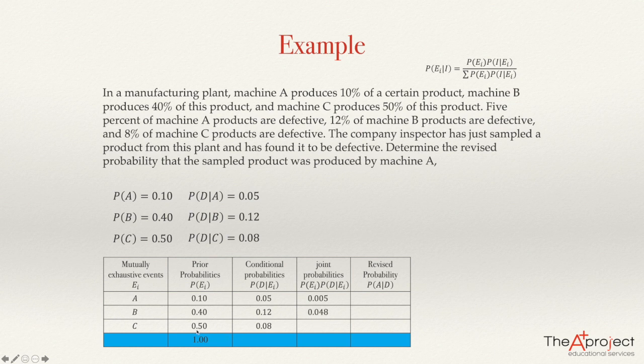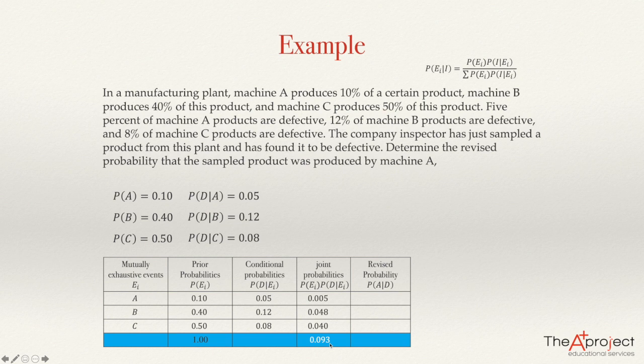And finally 0.50 times 0.08, it will be 0.040. Adding together all these joint probabilities is going to give me the denominator in the formula of the Bayes theorem. So 0.005 plus 0.048 plus 0.040, that gives me